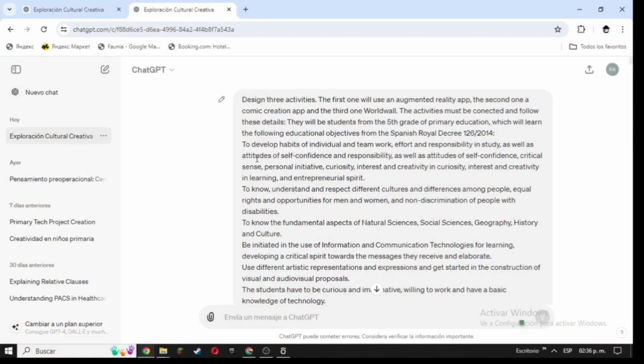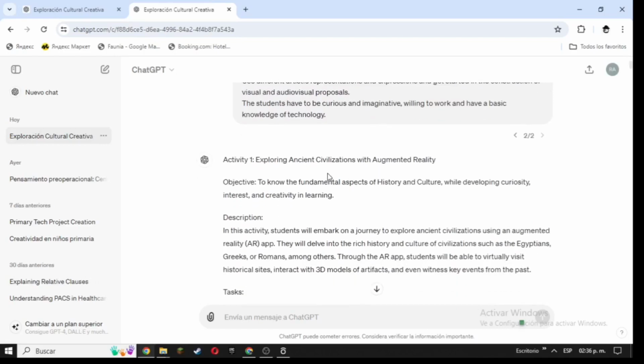So for designing the activities, we are going to ask artificial intelligence, which is going to give us some ideas for designing them. And I'm going to use ChatGPT because I find it very comfortable and think it's very useful. Now here you can see the question that I asked ChatGPT using all the data and information about the activities and apps. And down here you can see the answer it gave to me.